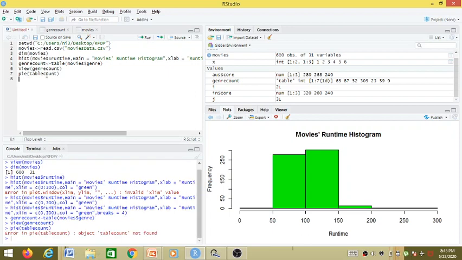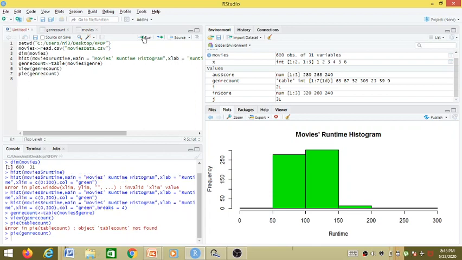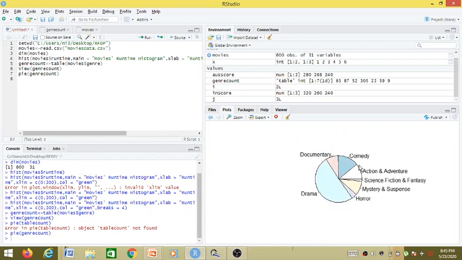Okay, sorry, it's genre count. Running this, you can see this is the default pie chart that we have created, and these slices or sections are taken according to the frequency that is there inside this table. That is why we want to have a table.